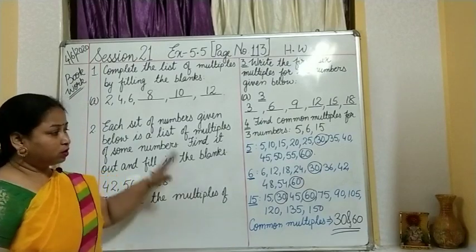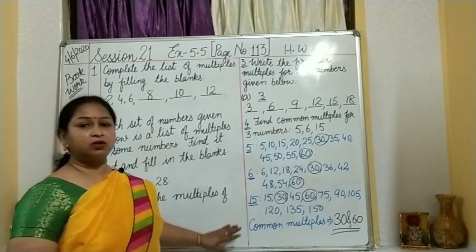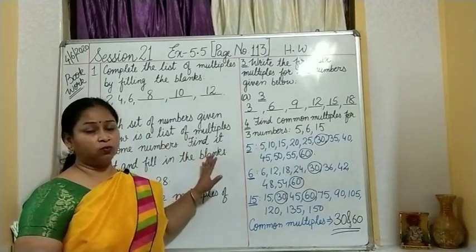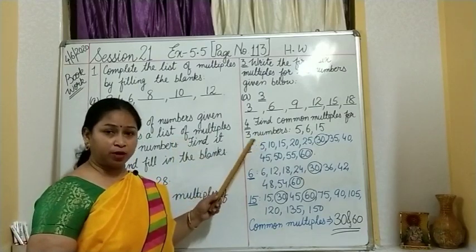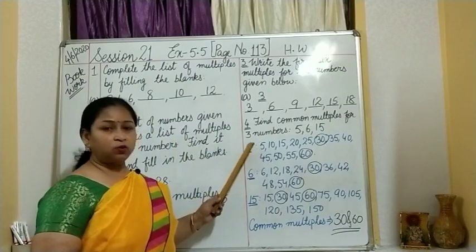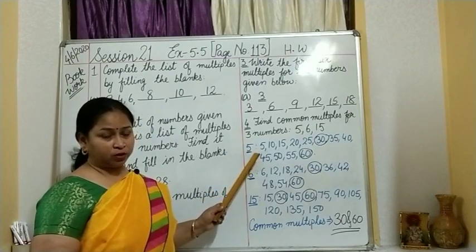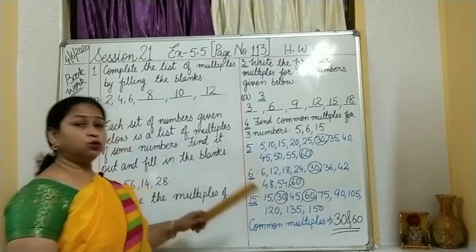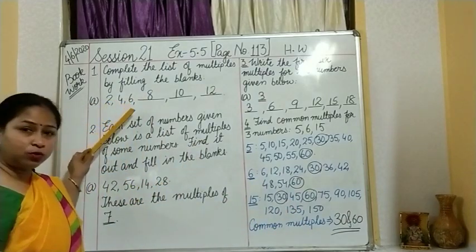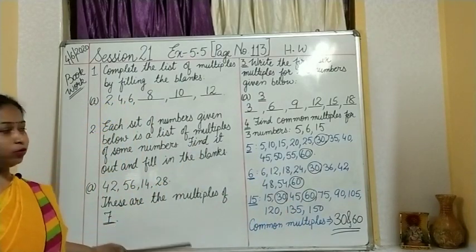Okay. So this is a very simple exercise. That is why I am giving it to you as homework. In your book you have to do all except question number 4, children. This you have to do in your copy. All the rest of the questions you will be doing in your book. I have shown only the sample. I have shown you A. Rest of the questions you have to do.